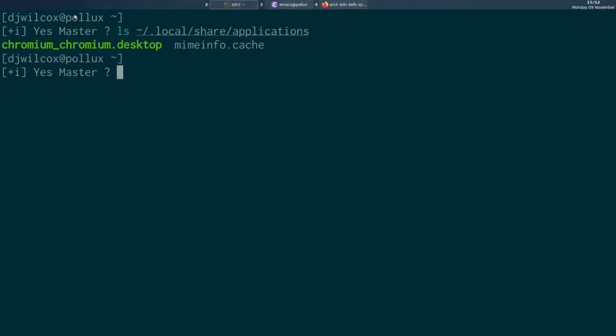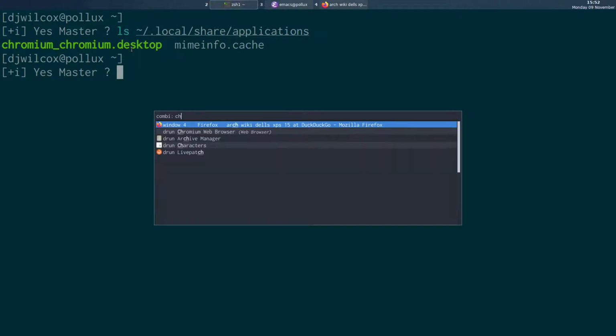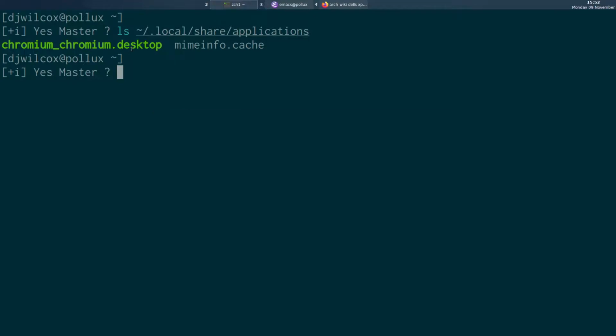On Ubuntu, Chromium is a snap package, and what I found, I made a video about this, is that by default your application launchers might not search the location of the snap package desktop files, and so you wouldn't be able to launch Chromium. So for instance, I'm using Rofi here, but when I type Chromium, it wouldn't show up